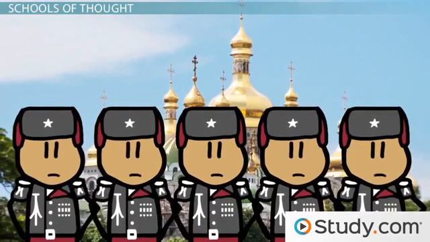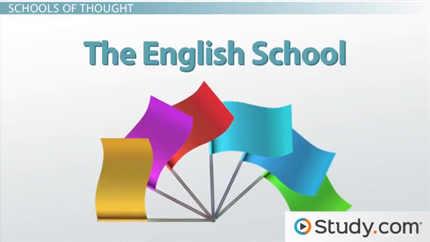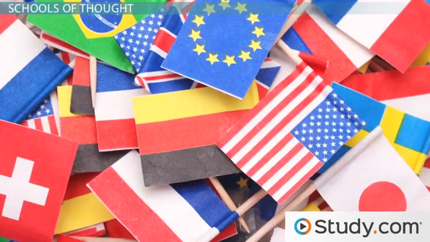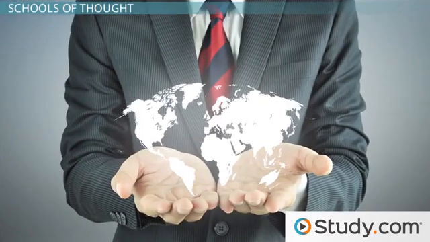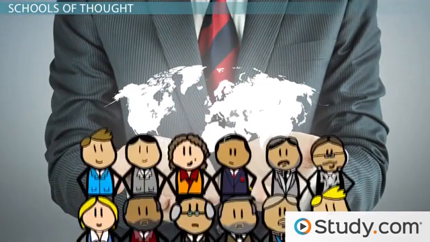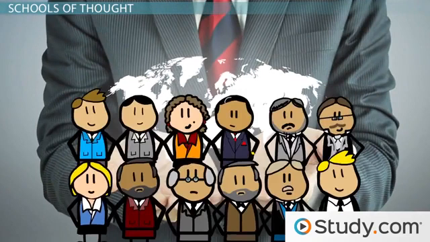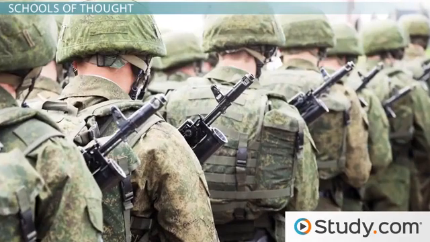The English school takes a different approach than liberalism and realism. The English school focuses on the concept of international society. These theorists view the world stage as occupied by a society of states that are bound by a set of rules, norms, and institutions that are mutually agreed upon by their members. In their views, while states cannot completely escape an anarchical